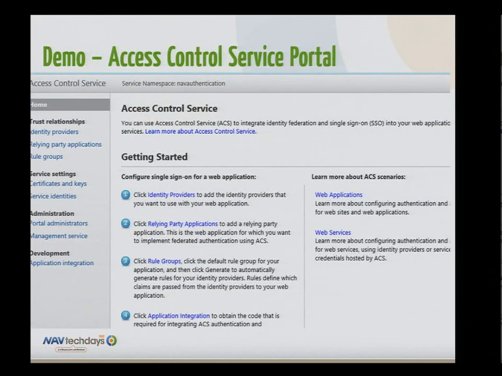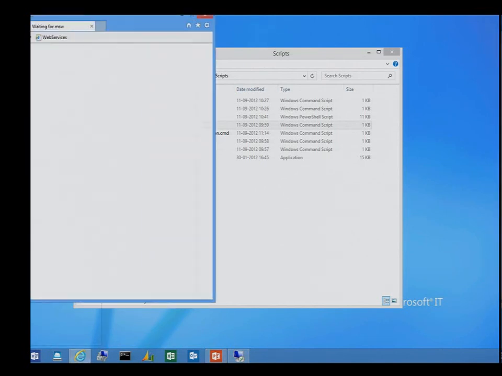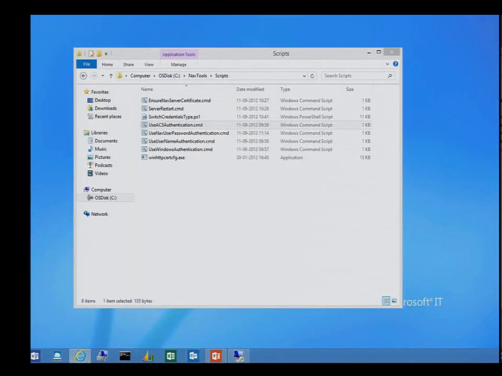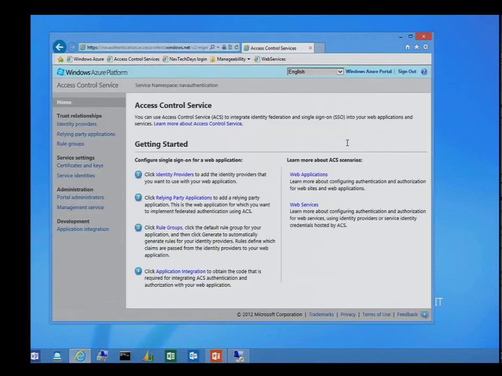And I will briefly go into the ACS portal. Just a sec. We can log in here. So we need to log in to get to ACS.